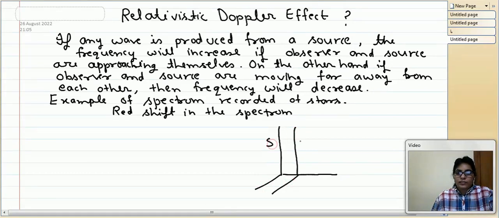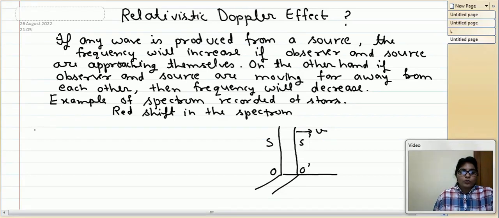So this is S and this is S dash. This is the origin of the S frame, and this is O dash, the origin of the S dash frame. This S dash frame is moving with velocity v. So this is our older picture of two frames of reference, S and S dash, and both are inertial frames of reference. Here S dash is moving with a constant velocity v with respect to S.